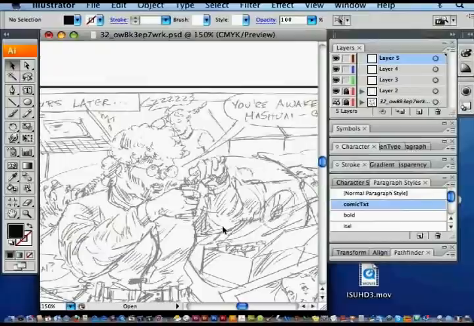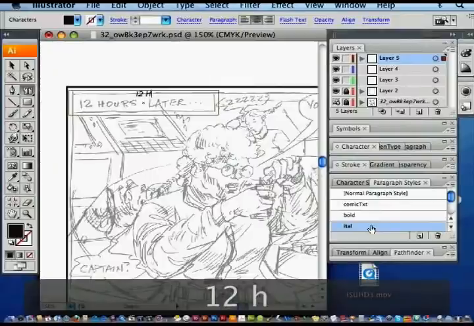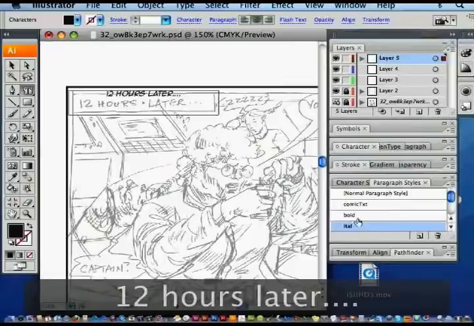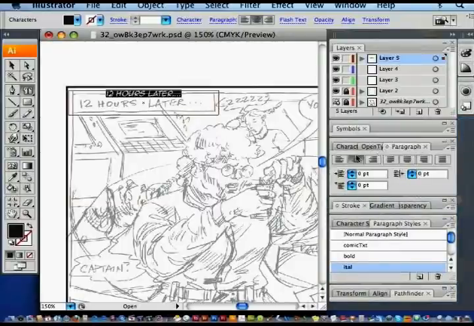There are different shapes of bubbles. For descriptions, I use a rectangular one. And also for descriptions, the paragraph is set at flush left, not center. And then I just adjust the actual rectangle. So now I'm pasting in my ellipse